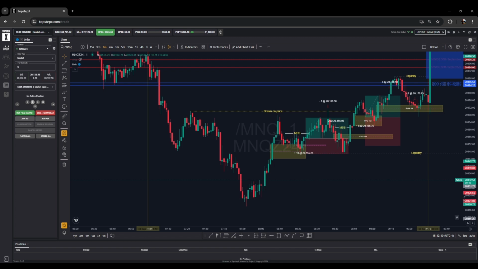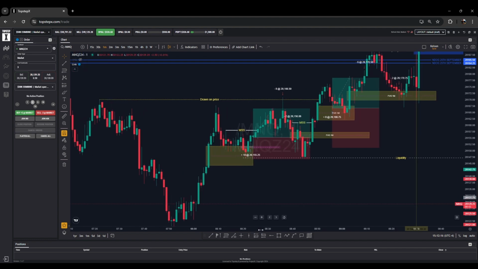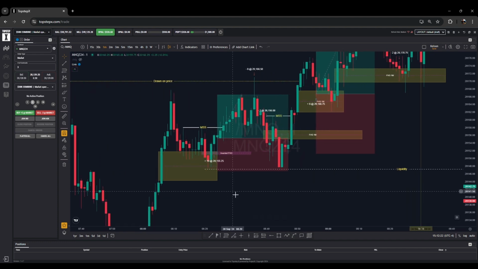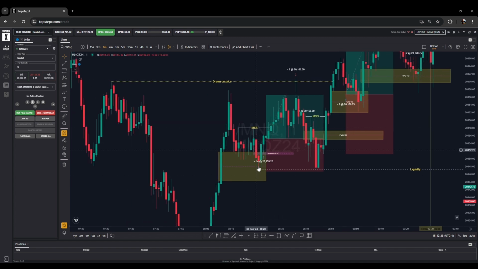So when I saw these relative equal highs and then price traded away from these equal highs, I saw this reversal pattern right here. Price traded down, taking out these lows, and made this fair value gap right here. This is an inverted fair value gap. I saw that price was trading in momentum, trading with displacement, and then it came back down to tag this, pushed back up, and then came back down and tagged this again.